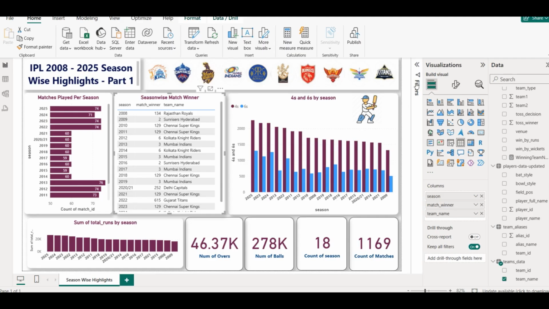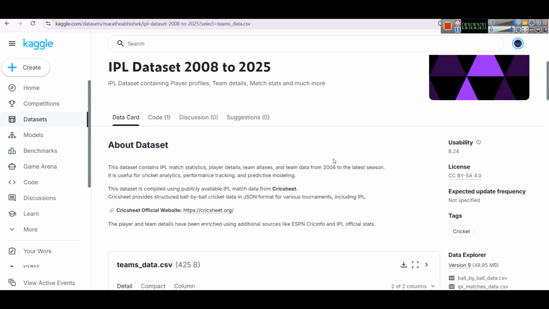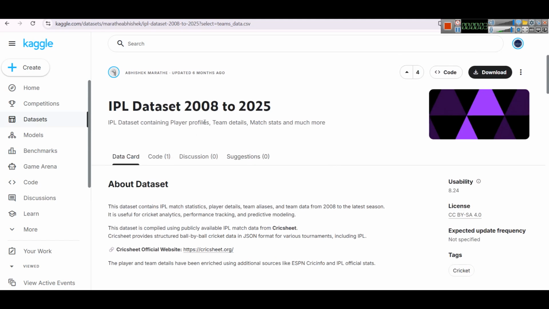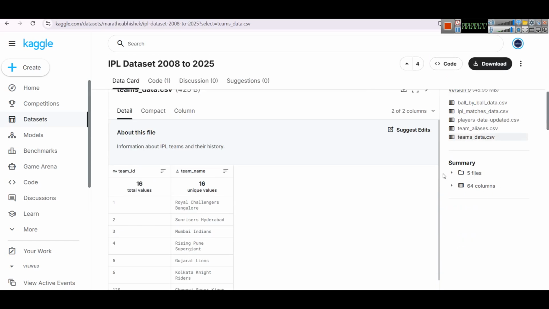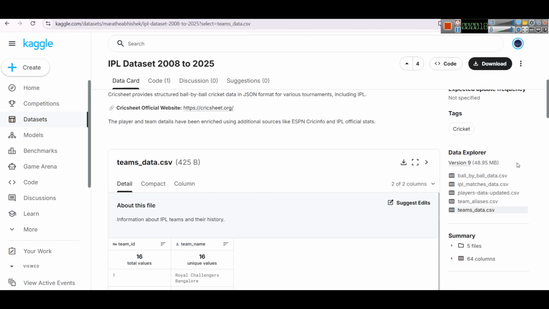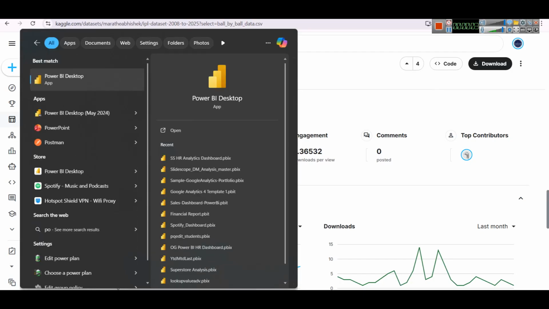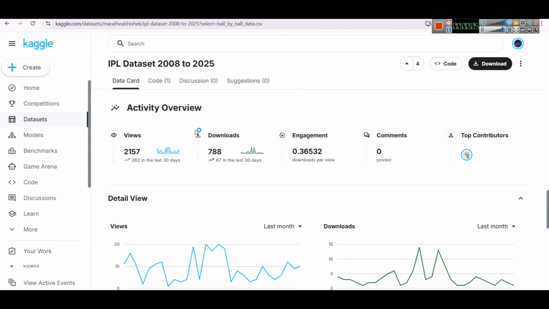First, let's get started with this simple dashboard. So here you can see we have the IPL 2008 to 2025 data set, and we will simply download these files. You can see this user has given these 5 files, so we will download all of them and put them in a folder. So when the data set is being downloaded, we will open Power BI desktop and prepare